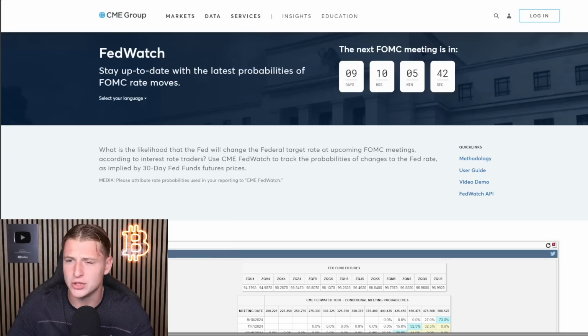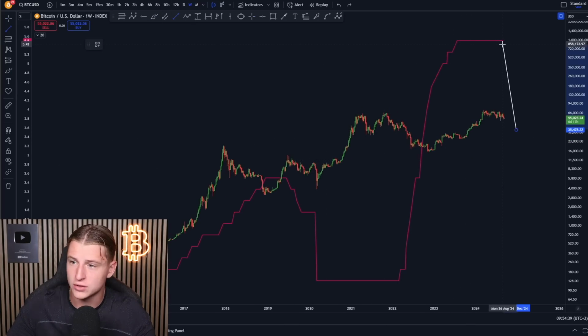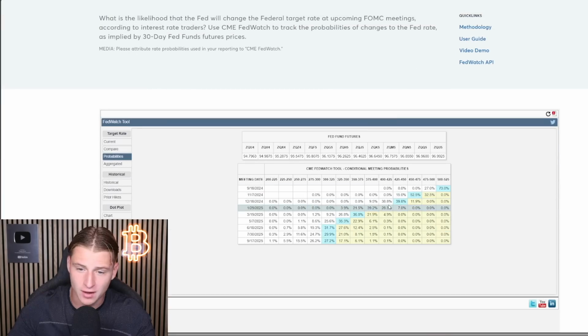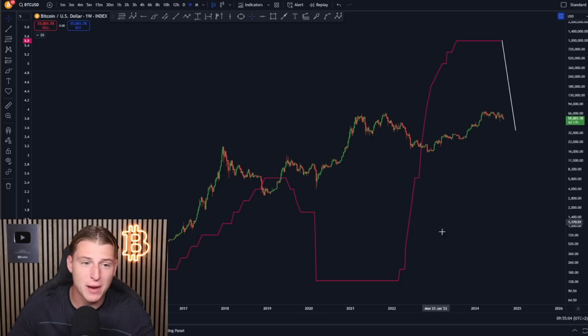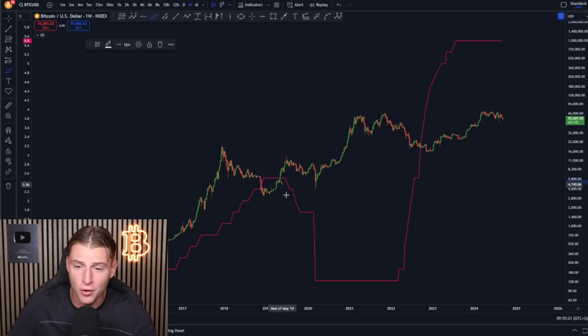So maybe that's going to change, and in 9 days from now, guys, we're going to get the first rate cuts from the FOMC. If the Federal Reserve starts cutting its rates, there's going to be a very sharp decrease, so the chart is going to look something like this at the end of the year. In the coming 120 days or so, we're going to see the interest rates get cut by approximately 1.5%. That is quite extraordinary, and it is going to have a very great effect on the market, because just like you can see, last time around, whenever the rates went lower,